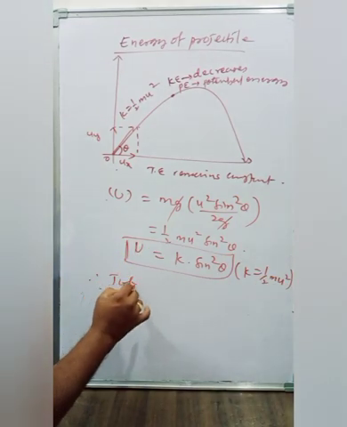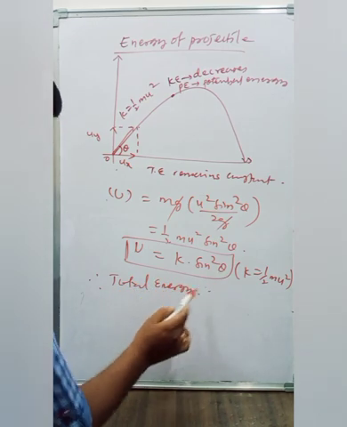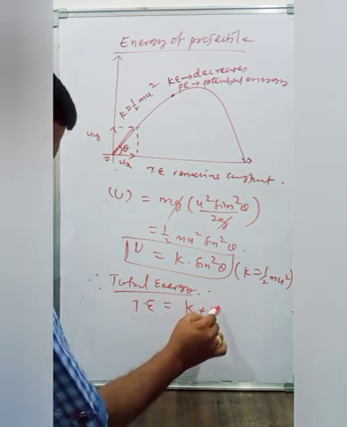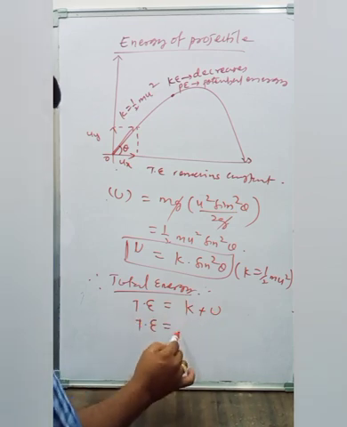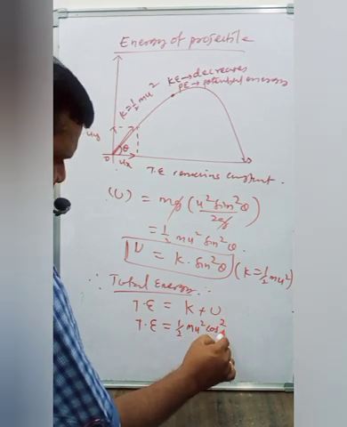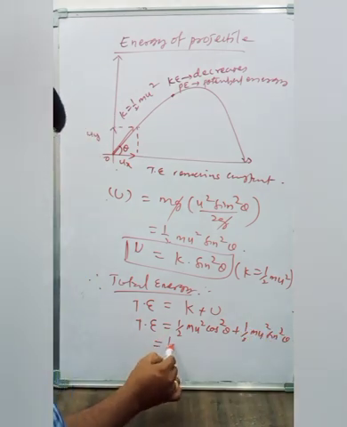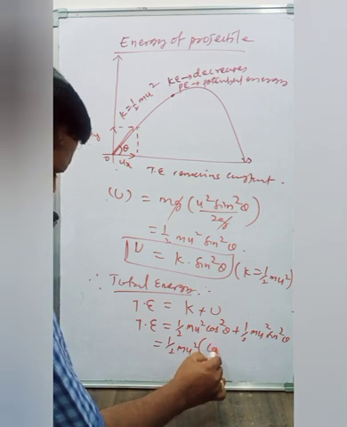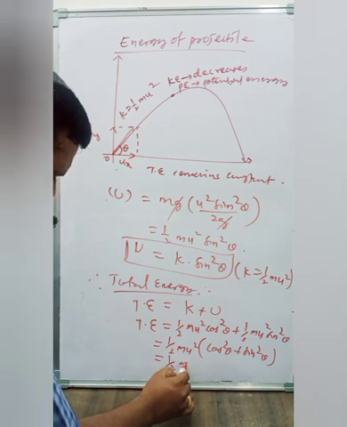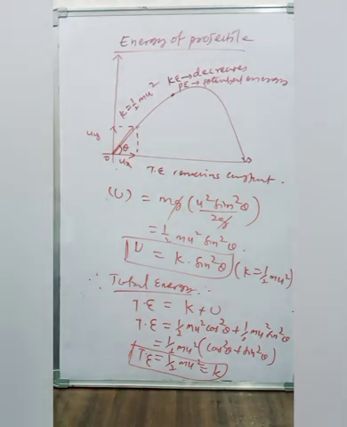Therefore the total energy is equal to kinetic energy plus potential energy. Total energy is equal to kinetic energy half m u square cos square theta plus half m u square sin square theta. There is a common half m u square, and cos square theta plus sin square theta is 1, therefore half m u square, that is equal to K. Therefore total energy remains constant in the